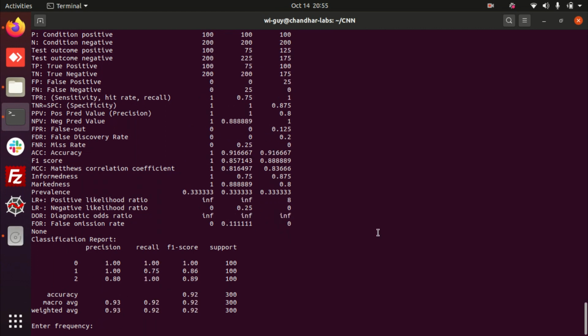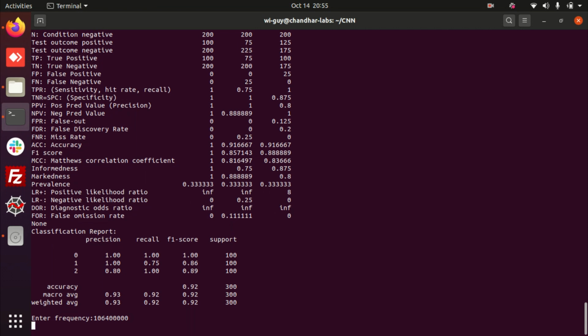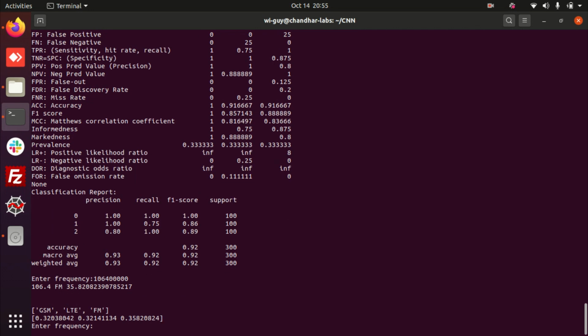It is asking me to enter the frequency. Now I am going to enter the frequency for WFM, that is 1064 megahertz. It has been predicted as FM with 35.82% probability.